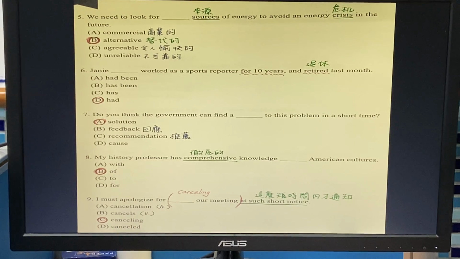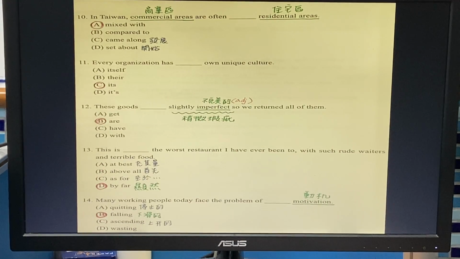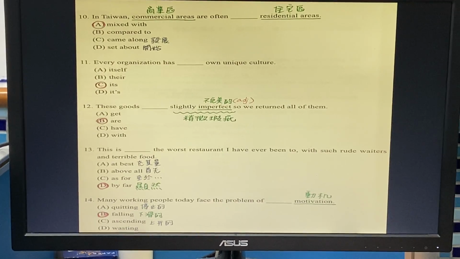Number 9, I must apologize for canceling our meeting at such short notice. Canceling our meeting 这是这一件事，我要对这一件事感到抱歉。Okay, 10. In Taiwan, commercial areas are often mixed with residential areas. 商业区跟住宅区混在一起。11. Every organization has its own unique culture. 用 its，因为前面的主词是 every organization，这是单数，没有生命的，所以我们用 its。